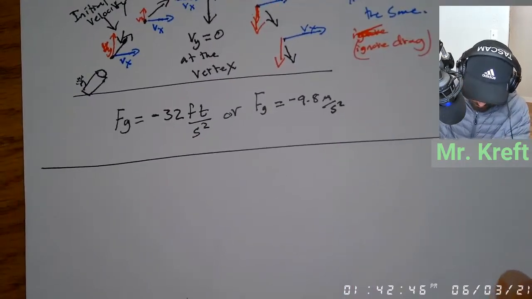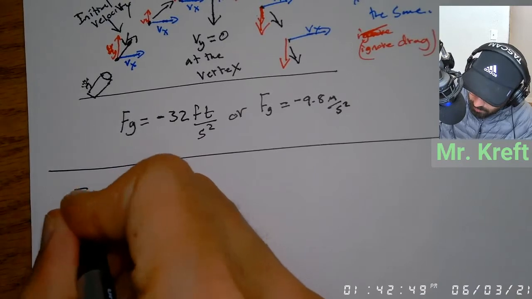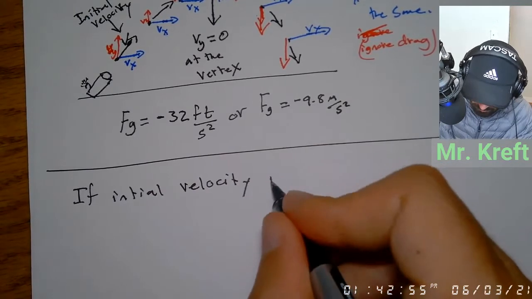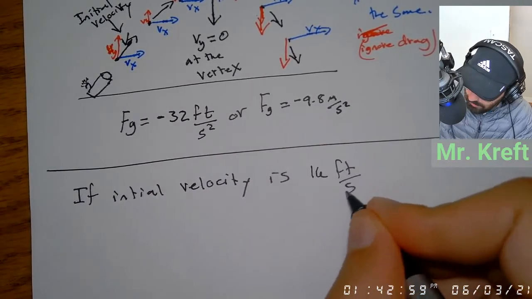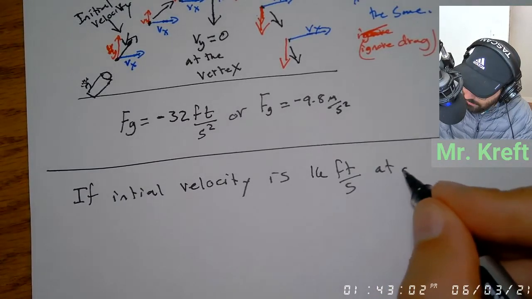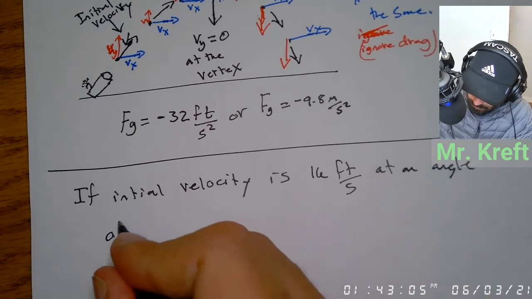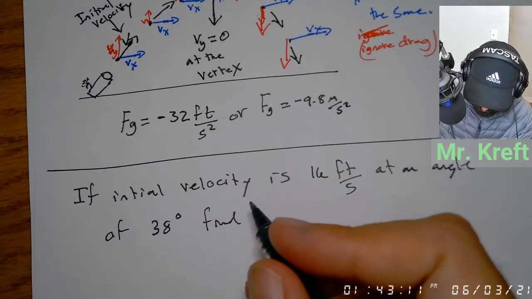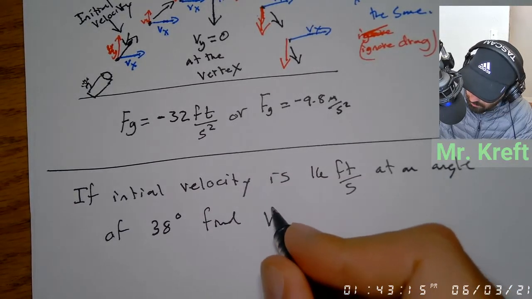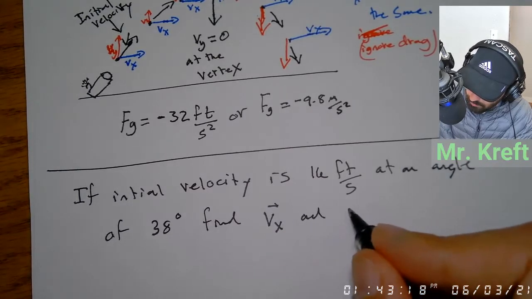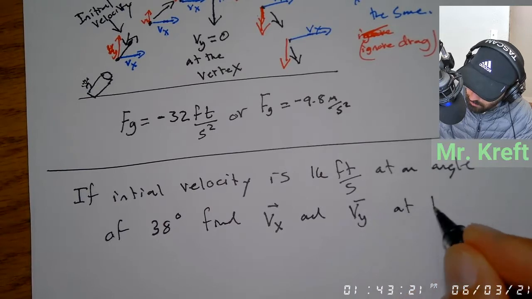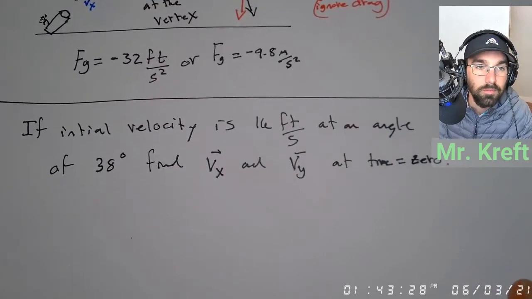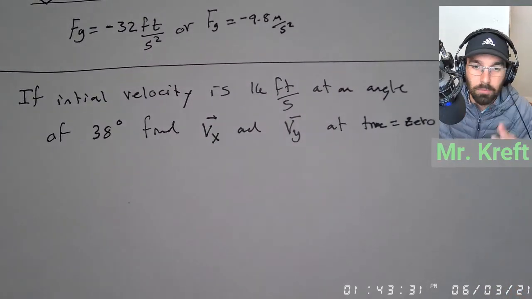So really quickly, if initial velocity is 16 feet per second at an angle of 38 degrees, find v of x and v of y at time equals 0. Okay, so